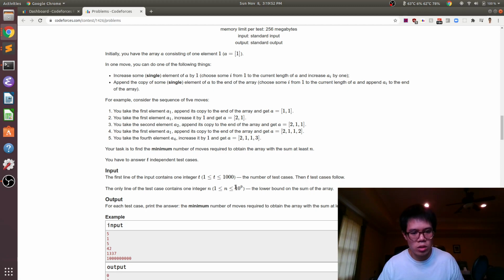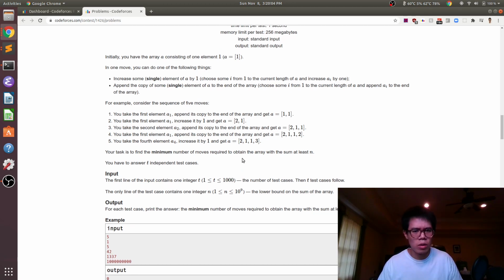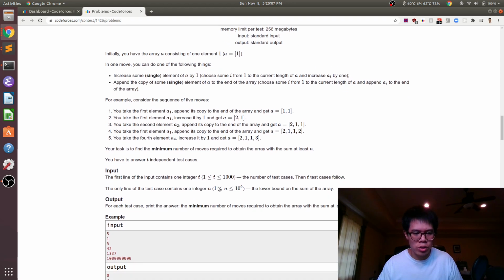So in this case, we're given numbers up to 10 to the 9th. And then we need to figure out how to get a product that big. It turns out for this particular problem, we can just do it in square root n time if we want to. Just start x at 1 and y at 1, and then alternate incrementing them until we get big enough. If you want to do it faster, you can just take the square root of n and do a couple cases around that.